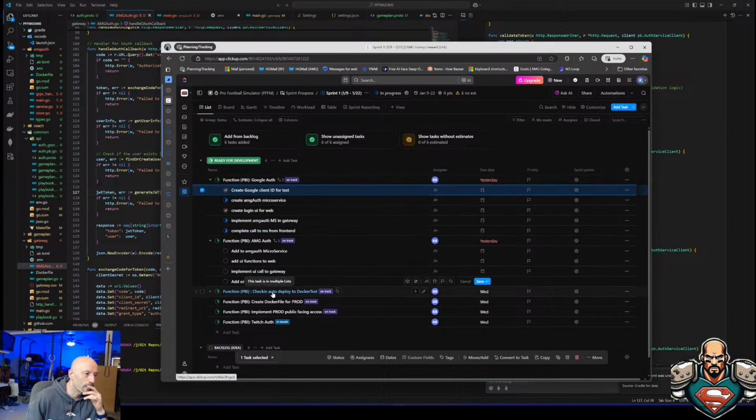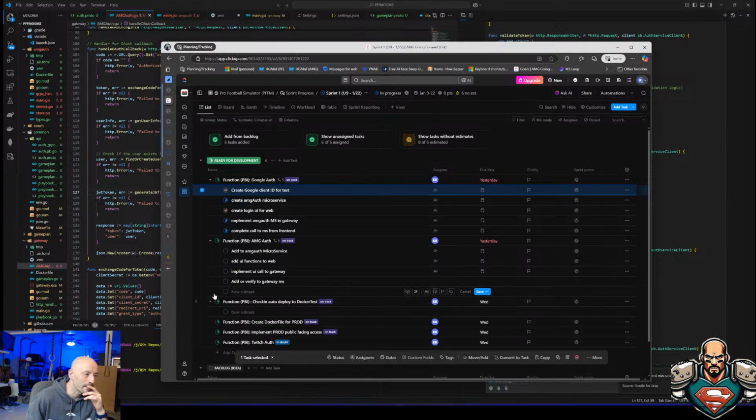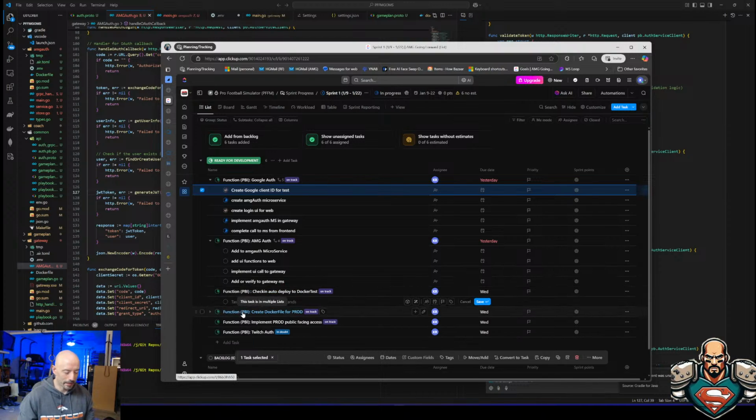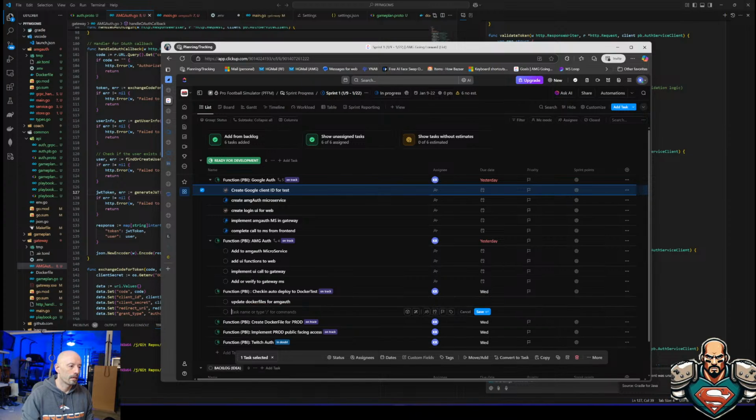So here we want to go to Docker test. It means basically we need to update Docker file. Docker files for AMG auth. Update Docker file for web with calls for auth.